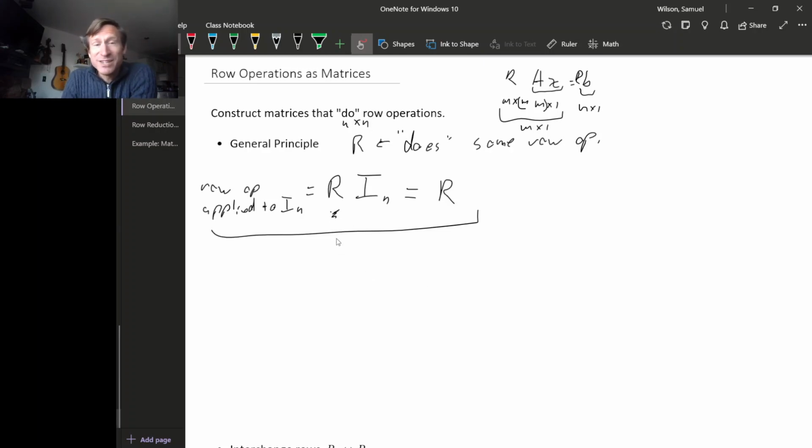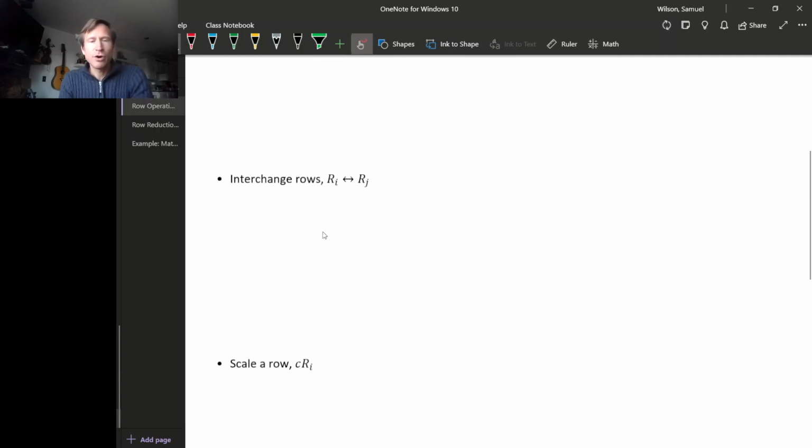All we have to do is do that row operation to the identity matrix, and then we'll have the appropriate matrix. So let's do that for our three kinds of row operations. One of them was interchanging rows. Remember, to find the appropriate matrix, we just do this row operation to the identity matrix. So if we have an identity matrix of appropriate size,